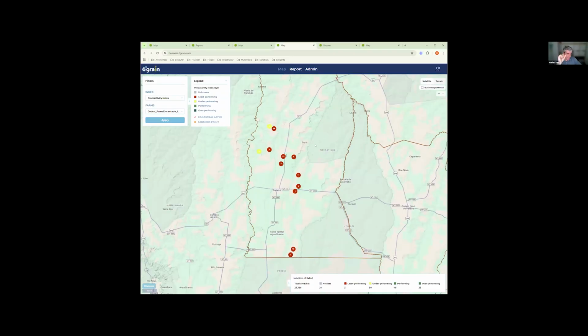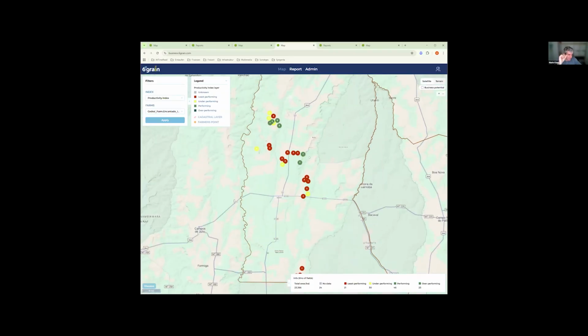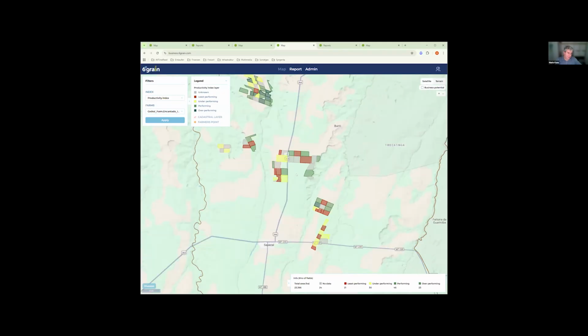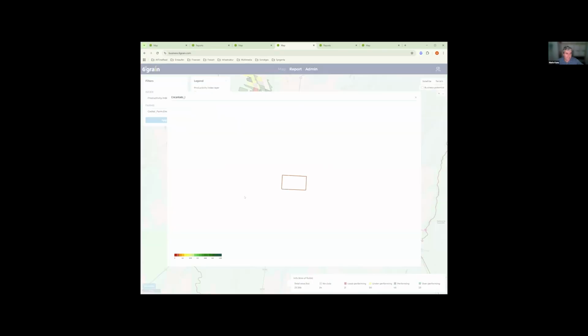I think I need to zoom in 2 more levels, where you very easily can see, come on, here we go, for this client here, how the fields are performing. So green is good, a very simple traffic light approach. Red is bad. And with that, an accountable person can trigger a visit and say, hey, we should look at these fields. And this is updated daily, or let's say nightly, when we have new satellite data. You can actually click on one of the fields.